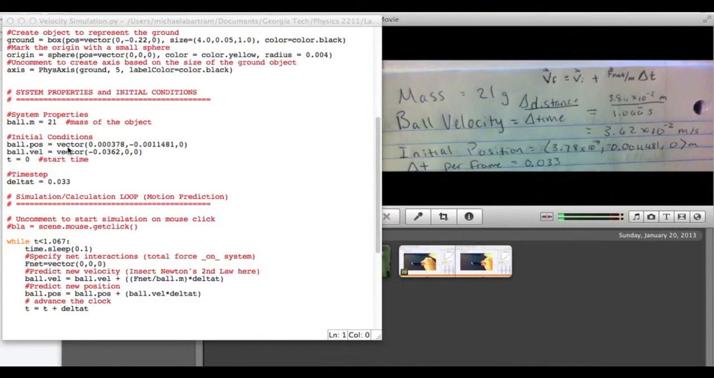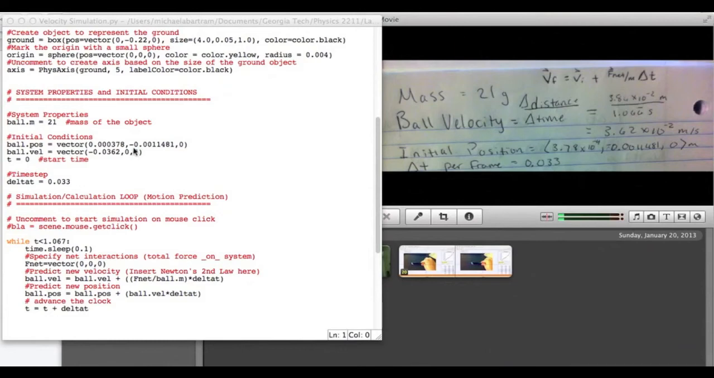We took the initial position, which I got from right here, and we plugged that in also. The z is 0 because we're only looking at x and y. We only have x and y axes. The ball velocity, it's only moving in the x direction, is 0.0362. I made it negative so that when we actually model the ball rolling, it will be going in the